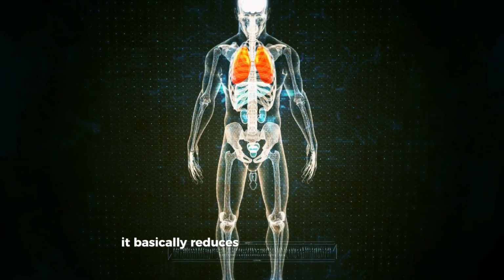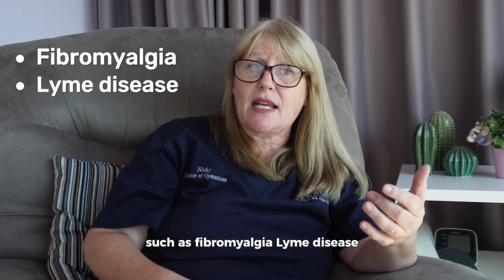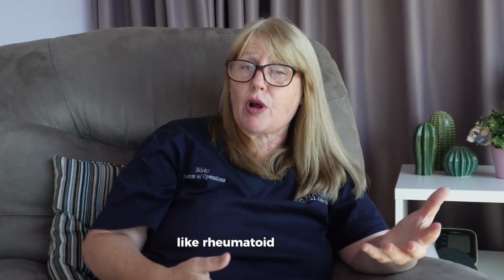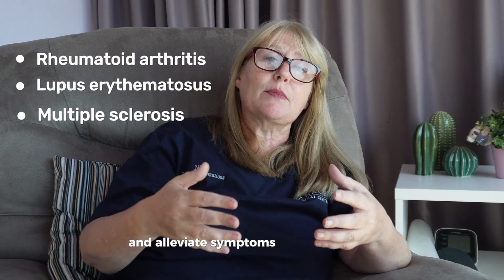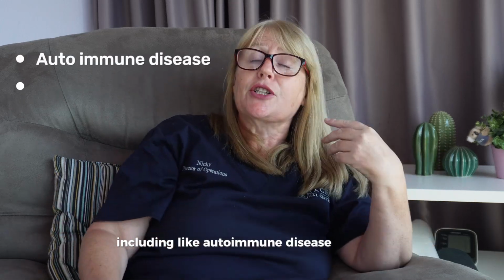It reduces pain and inflammation, and it significantly improves the quality of life, especially for those people with chronic conditions such as fibromyalgia, Lyme disease, Epstein-Barr virus, and long COVID associated infections. Furthermore, it supports your immune system in autoimmune conditions like rheumatoid arthritis, lupus, multiple sclerosis, and alleviates symptoms associated with chronic fatigue syndrome. EBOO has been used successfully to treat a variety of conditions, including autoimmune disease, diabetes,